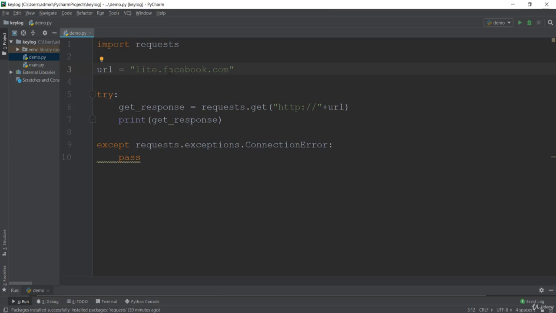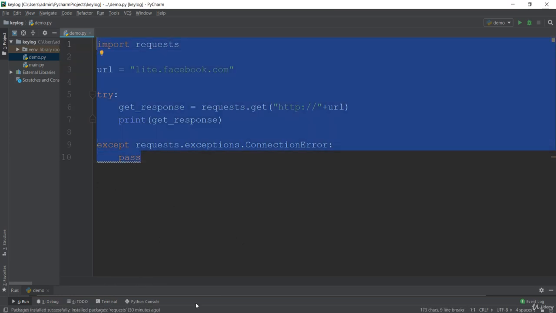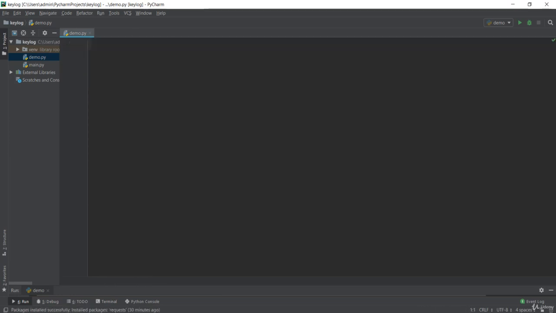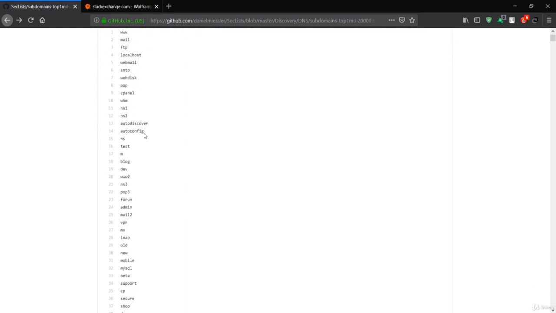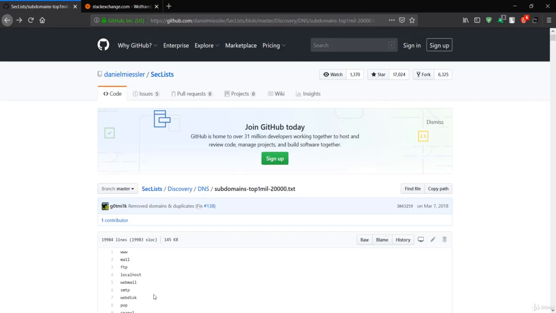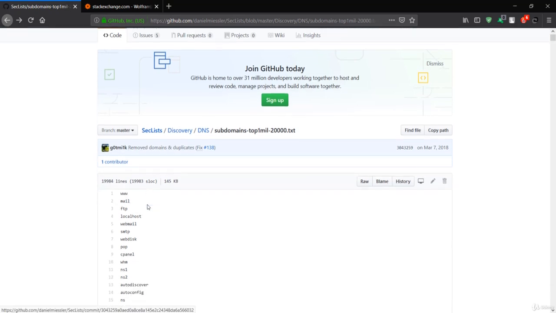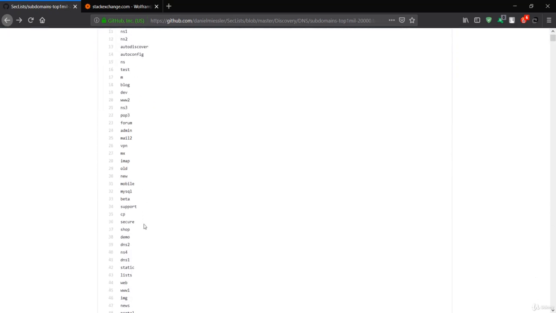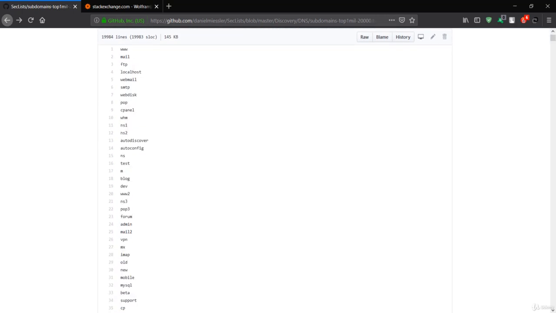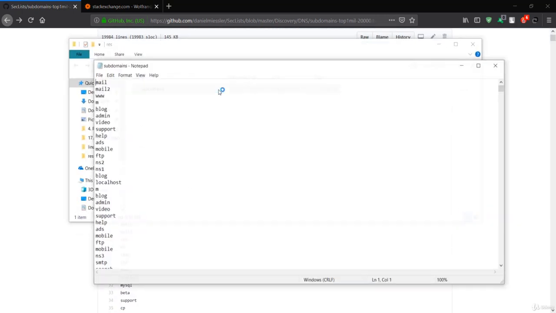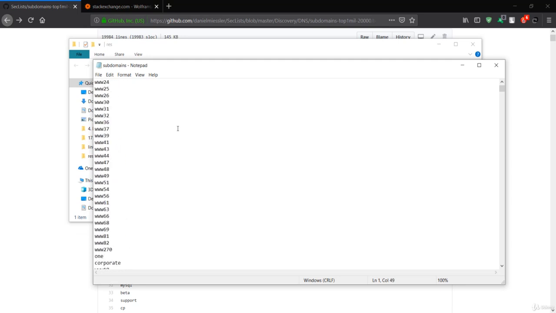Let's see how we can get these subdomains from our Python script. This will be an interesting lecture. Let me remove everything, we don't need this now. I have already told you that a subdomain is a part of the domain. For subdomains, there are a couple of word lists. I searched on GitHub. You can get the GitHub link in the resource section, or I'll put all of this code in a notepad, save it as subdomain, and provide it in the resource section. Make sure you grab it from there.